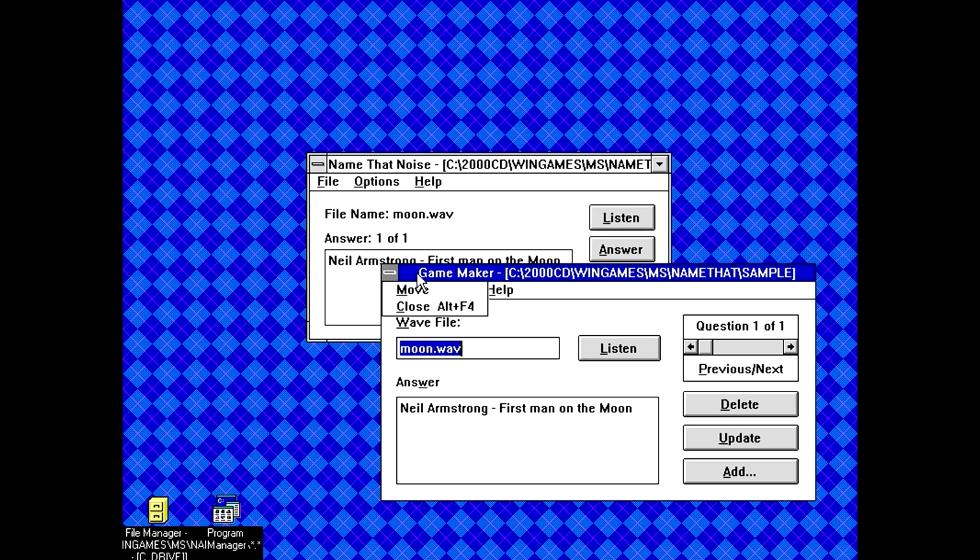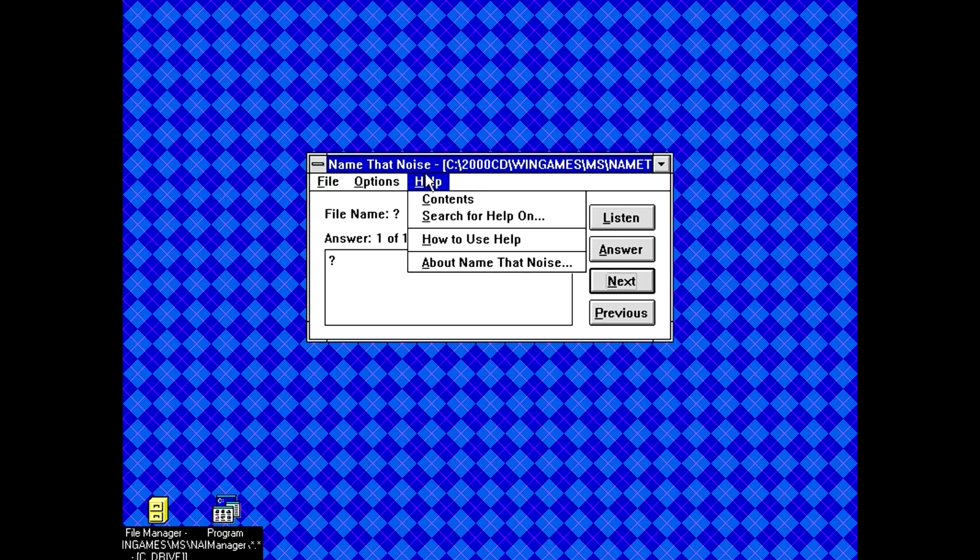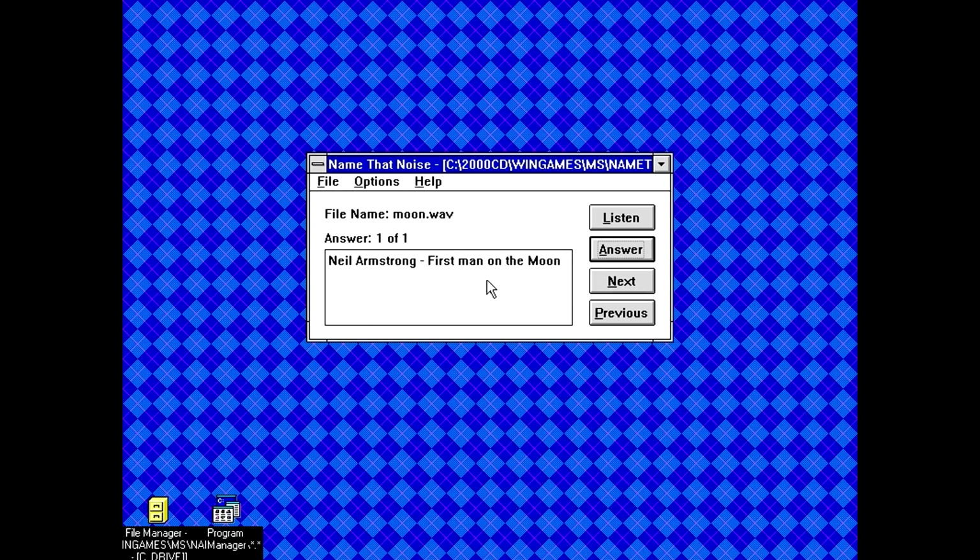So, I mean, we're getting closer to having it right. That should have at least had a minimize button, whereas this has the resizable border when it doesn't need it. So yeah, that was Name That Noise, a $5 program that kind of expects you to put your own database together for answering trivia with friends and family based on audio clips. And it only came with the one audio clip,